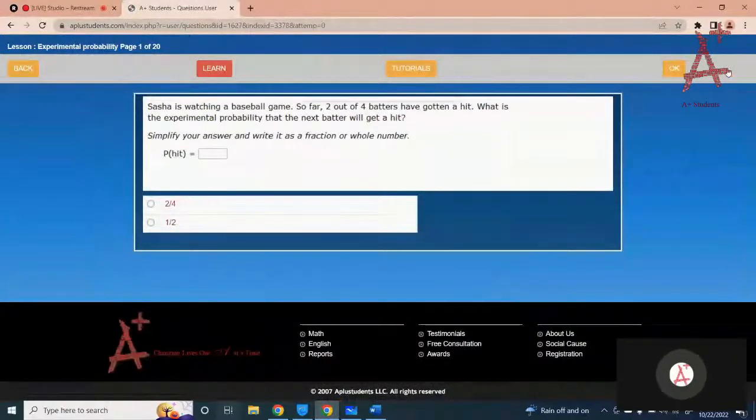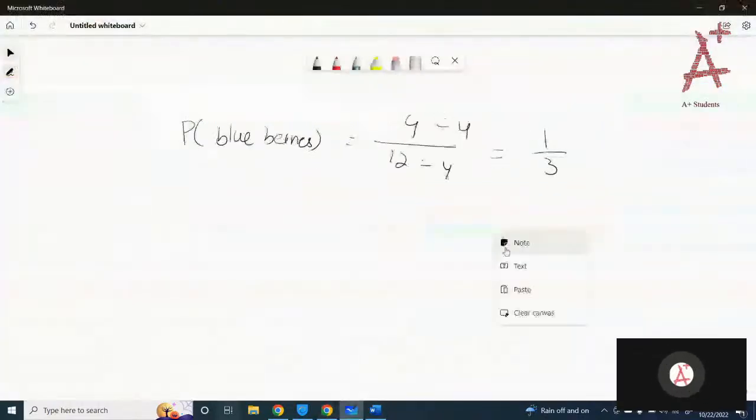Sasha is watching a baseball game. So far, 2 out of 4 batters have gotten a hit. What is the experimental probability that our next batter will get a hit? 2 over 4. Just convert it into the simplest form. So it would be then